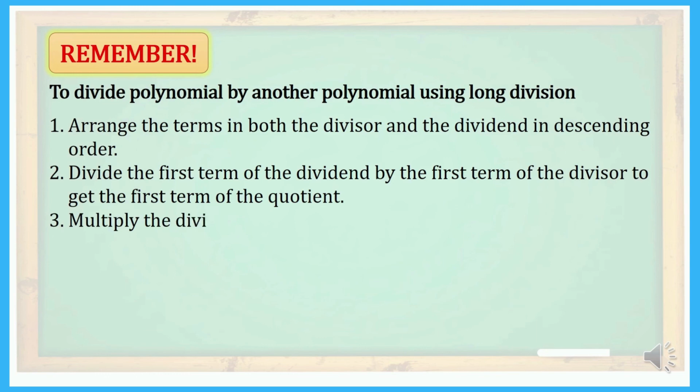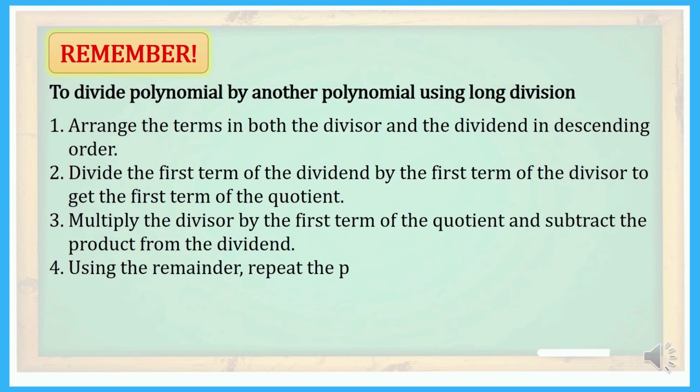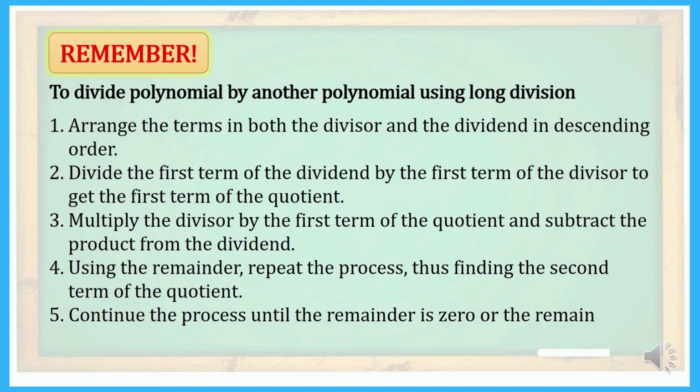Third, multiply the divisor by the first term of the quotient and subtract the product from the dividend. Fourth, using the remainder, repeat the process, thus finding the second term of the quotient. And fifth, the last one, continue the process until the remainder is 0 or the remainder is of a lower degree